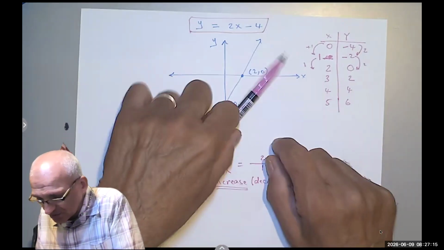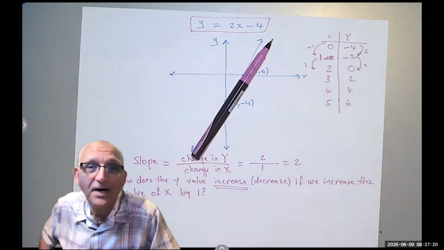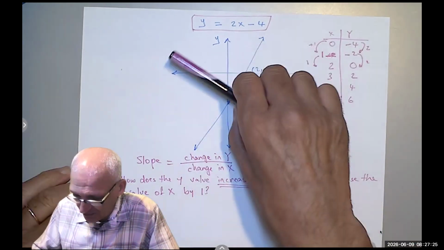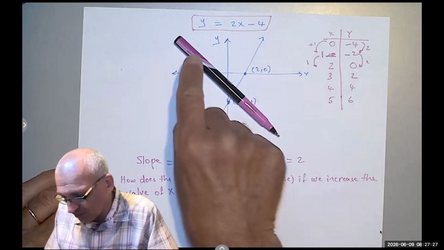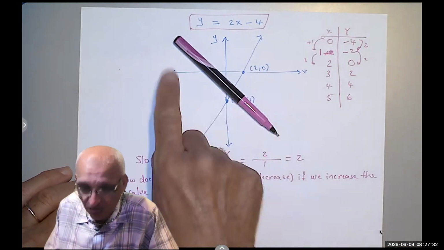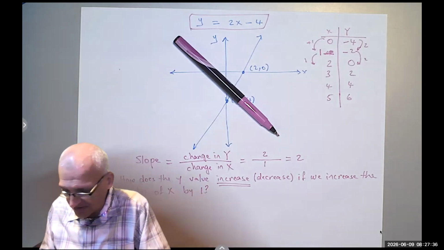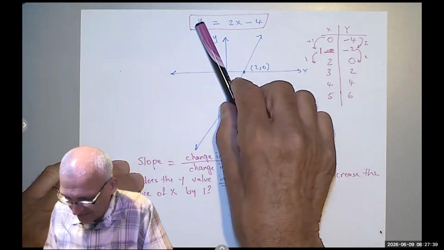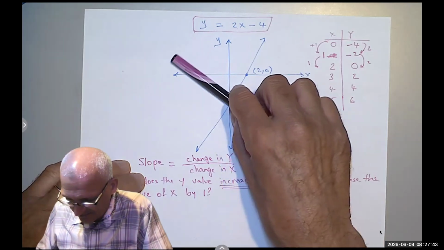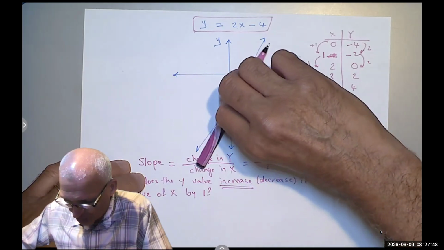If the line is going from left to right upward, it will have a positive slope. And if the y decreases, every time I go from left to right, the y goes down, or if I go from right to left, it goes up, so backwards, the slope is negative. So this is a very high negative slope. And then it's less negative, less negative, less negative. It's 0, it's positive, positive, positive, more positive,